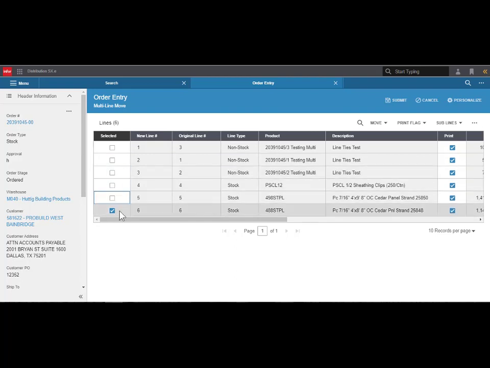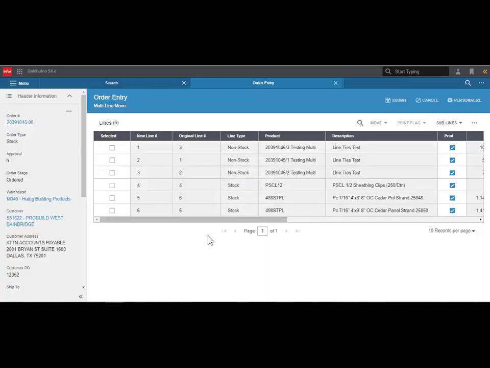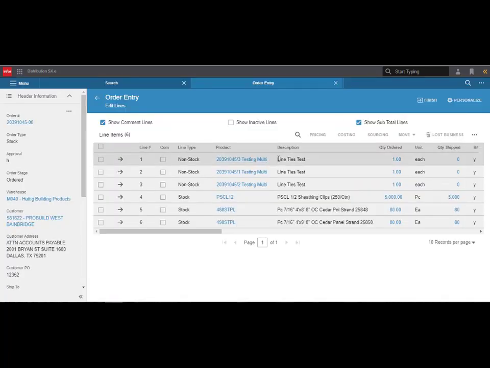By deselecting them, to move one after another, select the line you'd like to move, click on the Move drop-down, select After, and it will give you a pop-up for Move Lines After. We'll type in line 6, click OK, and now the line is moved to line 6. As you can see, the original line numbers stay here, and then your new line reorganizes it to how you selected them. When you have completed the moves, click on Submit, and now your grid will reflect the lines being